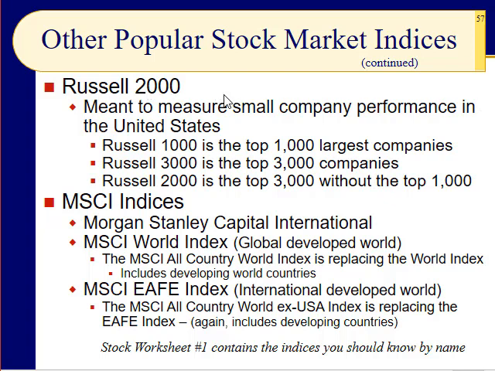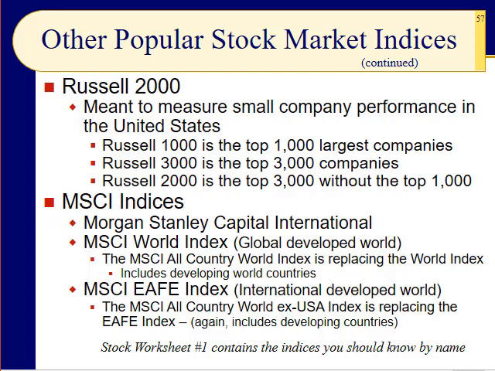The Russell 2000. This is the one that people look to when we discuss small company stocks. Even though we have a small cap index from S&P and everybody else has their own small cap index, this is the most popular one. It's a company called Frank Russell Associates, I think, or maybe it calls itself Russell now. They took the top 3,000 companies and pulled away the top 1,000, and so they wound up with the 1,001st company in size down to the 3,000th.